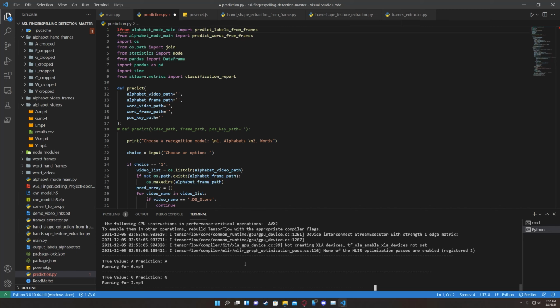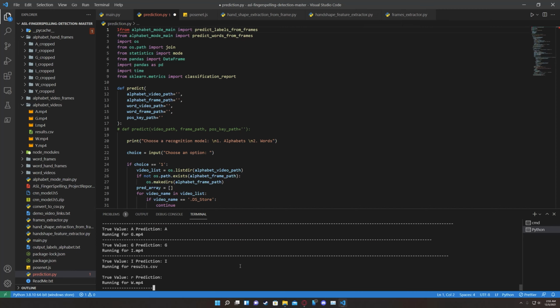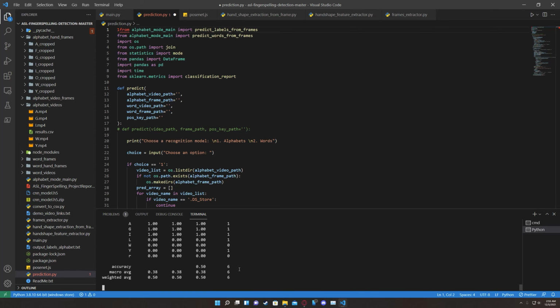Okay, we're waiting for the accuracy to be displayed on the screen. We have done the prediction for the particular letters G, I, R and W. Upon watching the classification report, we get the accuracy as 50%.